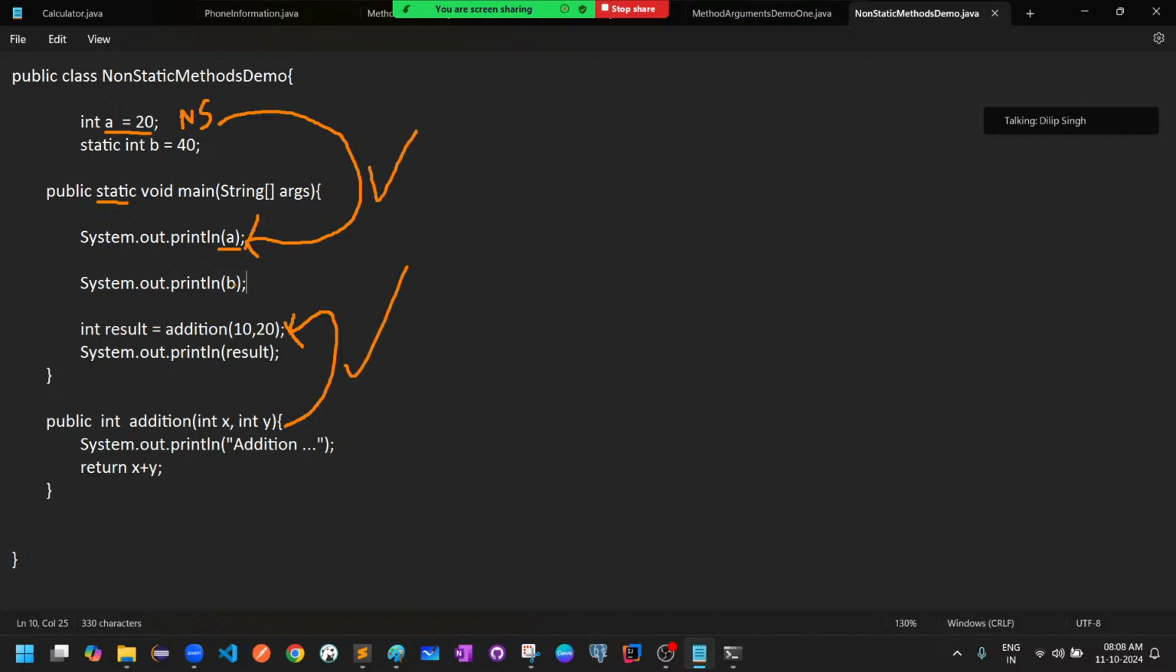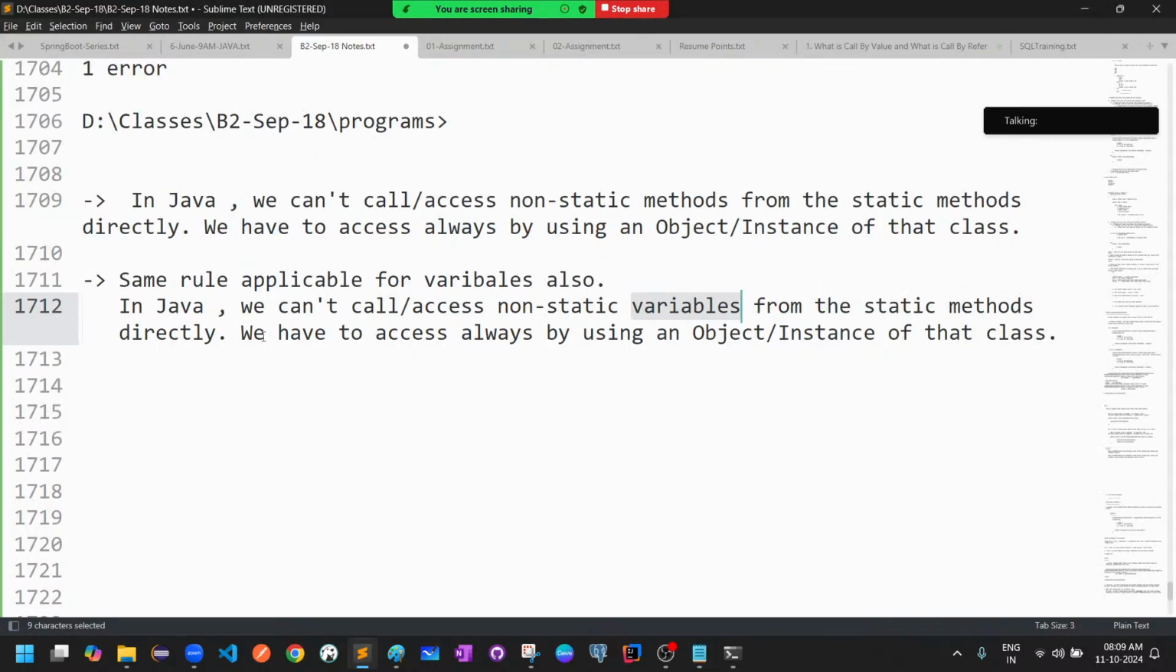Now you did not receive any error with respect to this line. Why? Because b is a static variable and the main method is also a static method. So this is static family, this is static content, this is static content, this is static content. Now Java is saying static content you can access from anywhere else. So I'll give you one more rule. What is that rule? Static content of a class,